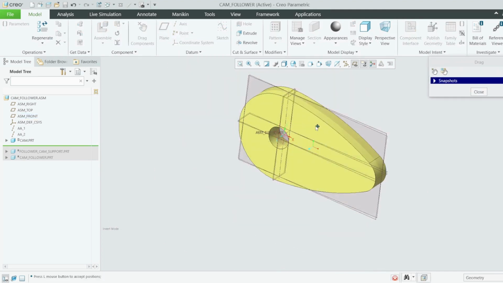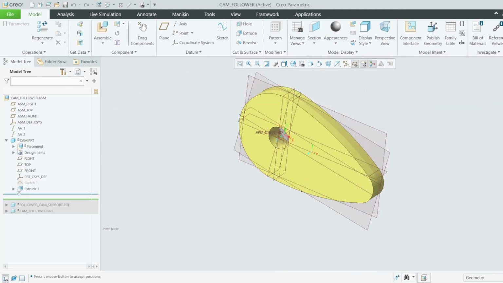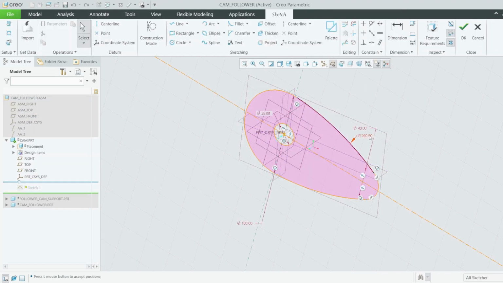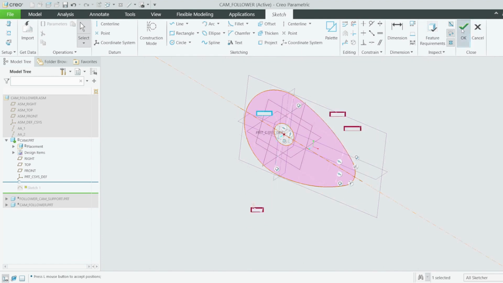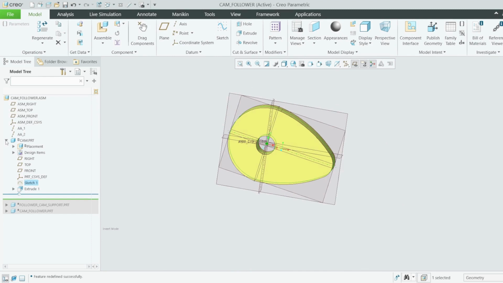This is our CAM. Okay, and before I proceed, I want to make my CAM shorter. Instead of having 250, make it 150. Yeah, like that. You can see. Then let's go to the follower